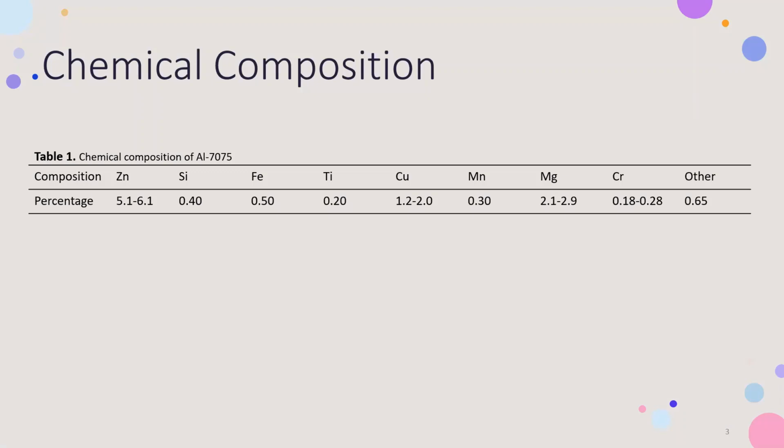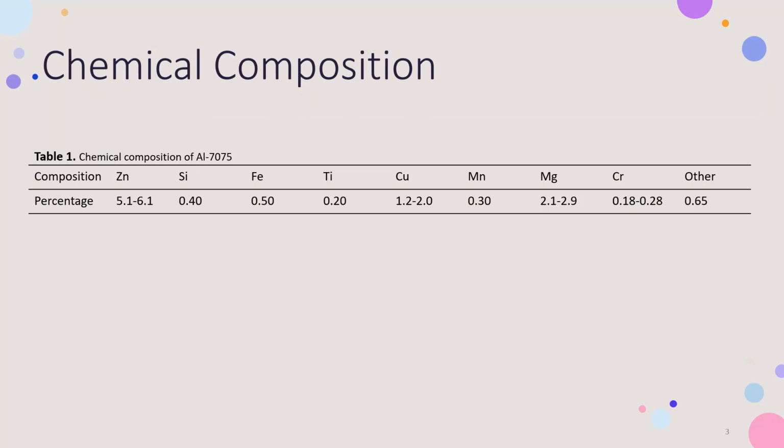Aluminium 7XXX series alloy, also called aluminium zinc alloy, due to maximum zinc quantity ranging between 5.1 and 6.1%. Table 1 shows the chemical composition of the aluminium 7075. As you have seen in the table, in mass percentage, it has about